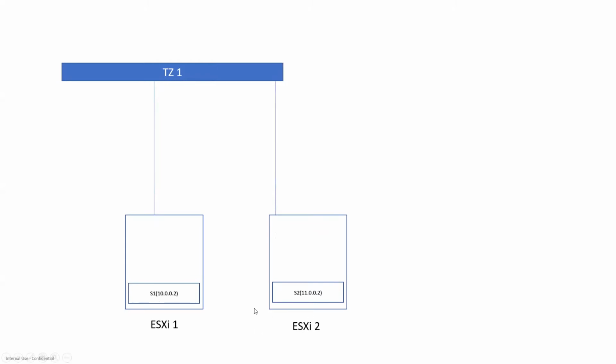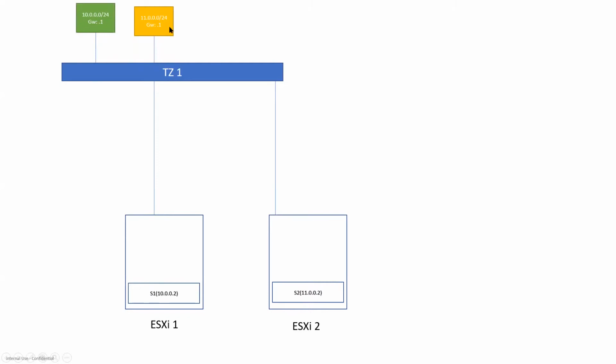As the goal of this lab will be to communicate from S1 to S2, which are in two different segments, I need to create the segments, right? So I'll create segment 1, which will have the IP range of server 1, and segment 2, which will have the IP range of server 2, and also have a gateway. The gateway for the green segment is 10.0.0.1, and for the other segment is 11.0.0.1, right? And I associate these segments to the transport zone, right?